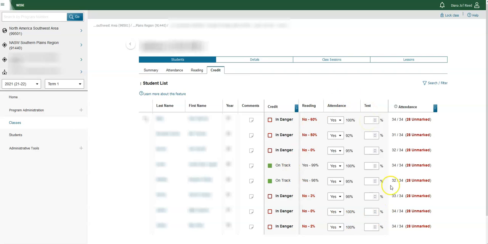Once you've got all of the information entered in for all of your students, you can go up here to the upper right and lock your class. And that will freeze everything. It lets the administrative assistant know that your class is ready to go,